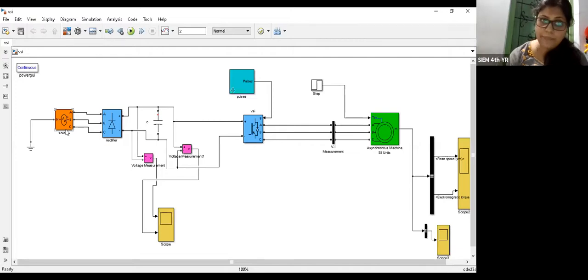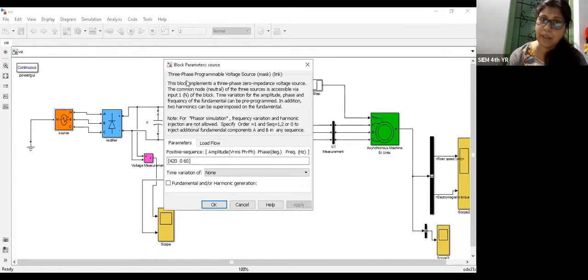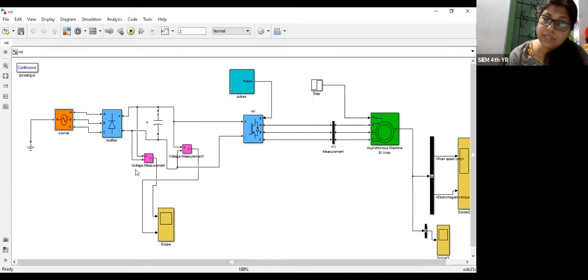Now we can see that this is a three-phase source voltage. These are the source voltage parameters, and the amplitude, the VRMS phase to phase voltage, is given here. The frequency is also given here, that is 60 hertz. As per Indian standard we know that the frequency is 50 hertz, but as I am following a numerical from the GK Dubey book, as per the frequency given in that particular numerical, I use 60 hertz. Okay. Now the rectifier circuit.